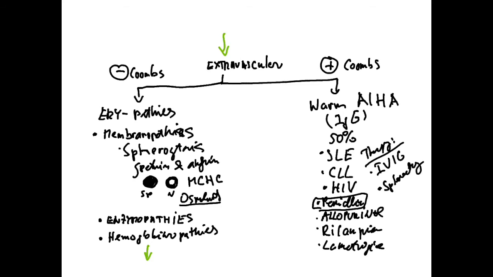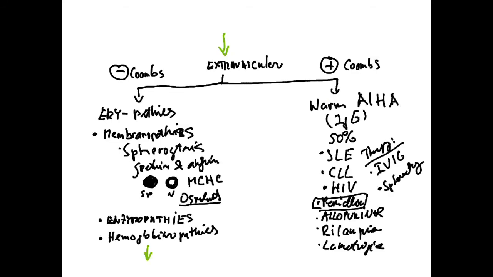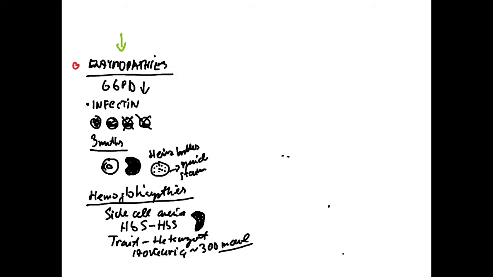So just to repeat what we went through, the extravascular hemolysis. The main signs are jaundice and increased unconjugated bilirubin, that's very important. If we go deeper, you can divide the extravascular into negative Coombs test, so there are no antibodies in your blood, and you can expect this could be one of the erythropathies. It could be a membranopathy, an enzymopathy such as G6PD deficiency, or a hemoglobinopathy,